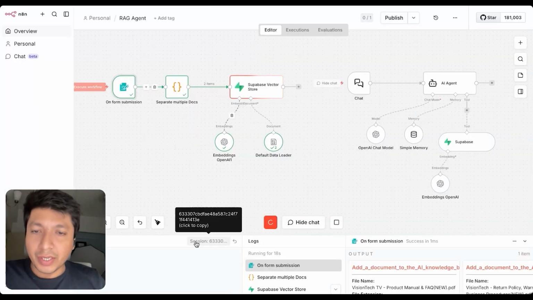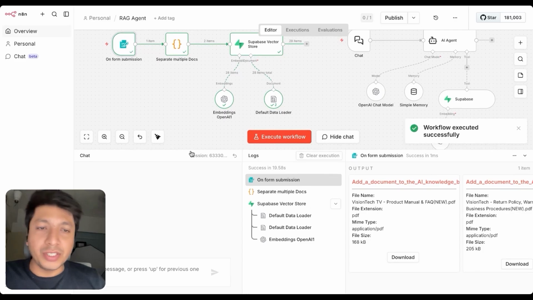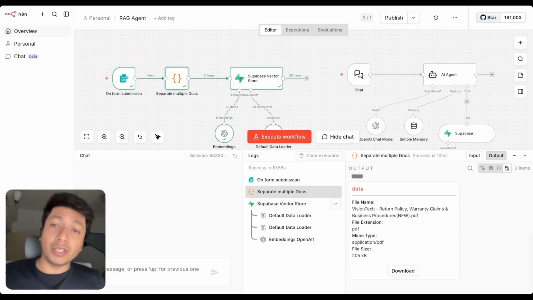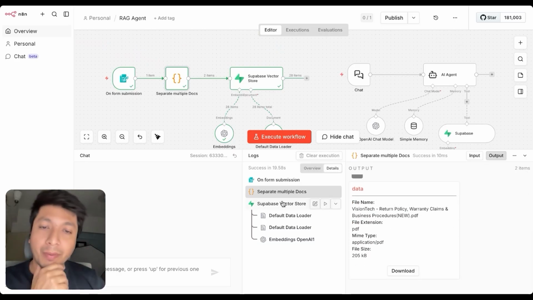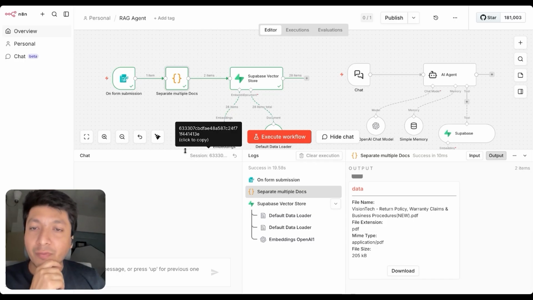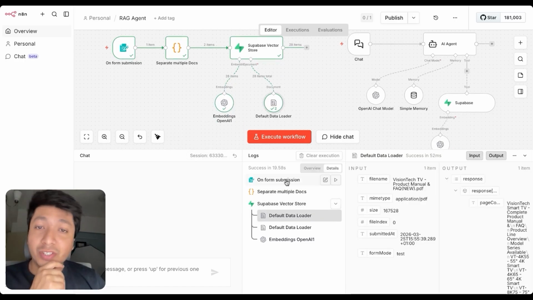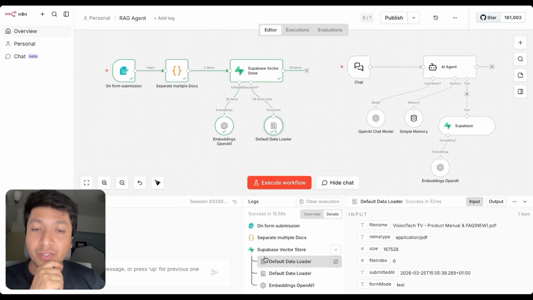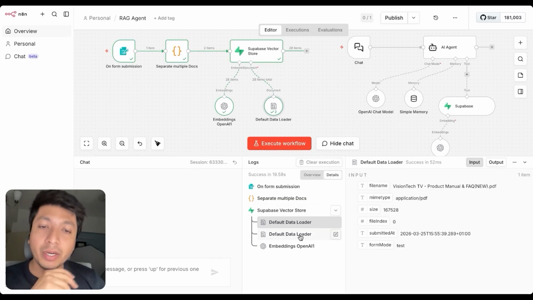Okay, so you can see here what is happening. These are the two files which we have given. So let's see one by one what happened. On form submission, it is separated into two separate documents, and it is passed on one by one. Then, as I said, the default data loader divides it into chunks, right? So you can see one by one, first the first document, and then the second document is passed on to the default data loader, and then it